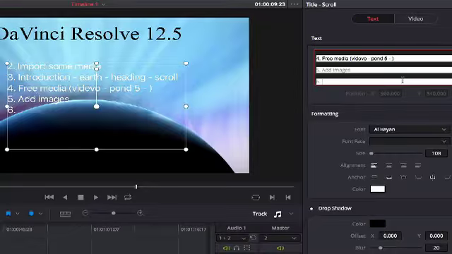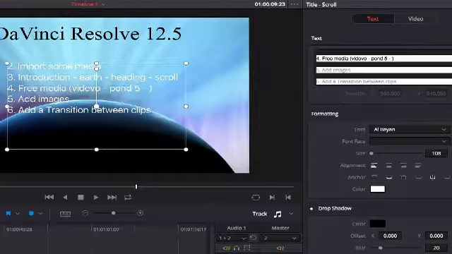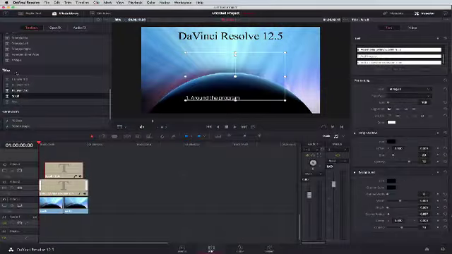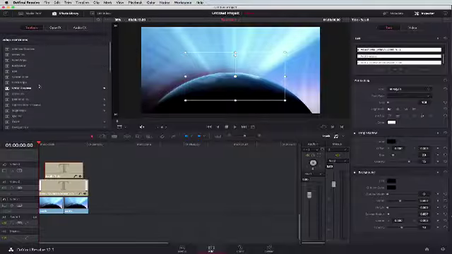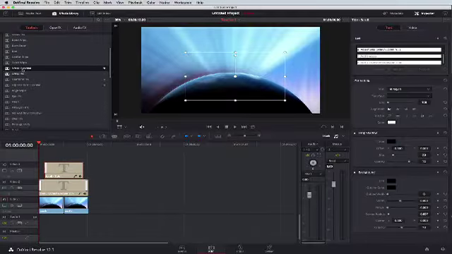We'll add a transition between clips, and we'll think about what else we'll do there. For the moment though, what we might do just quickly is add a cross dissolve,